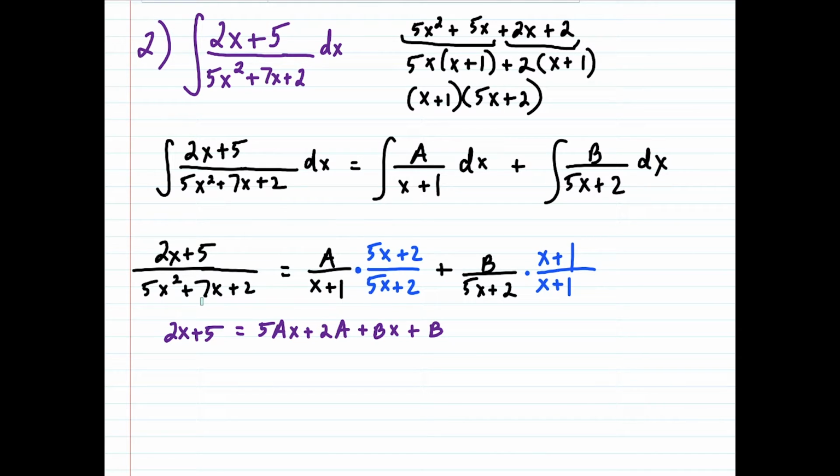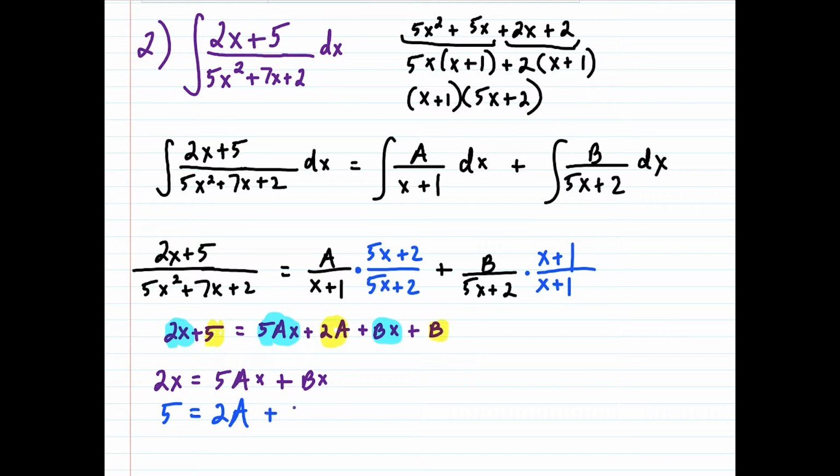And when you solve an equation like this, I'm going to show an alternate method. You need to set up an equation that relates all of the x terms together. So we have 2x, we have 5ax, and we have bx. Since these are all of the x terms, we could isolate them and set up an individual equation: 2x equals 5ax plus bx. And the remaining stuff, we're left with 5, 2a, and 1b. Those are all constant terms, so those could be set up in a separate equation where we have 5 is equal to